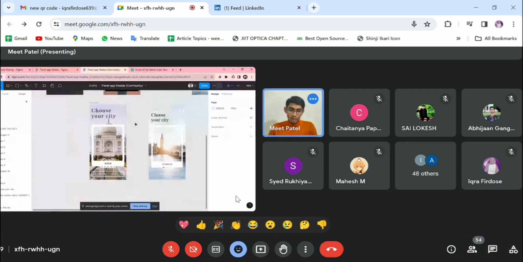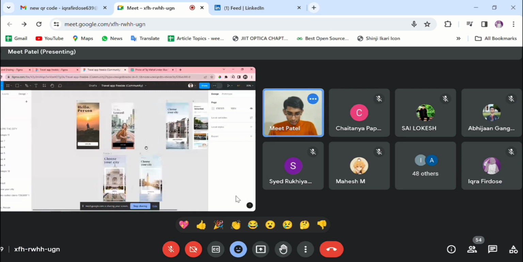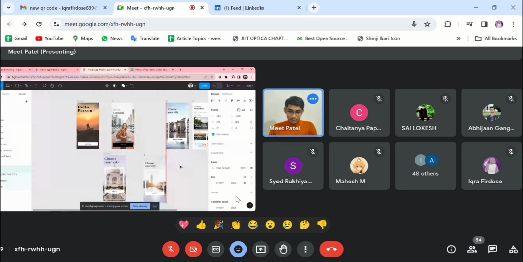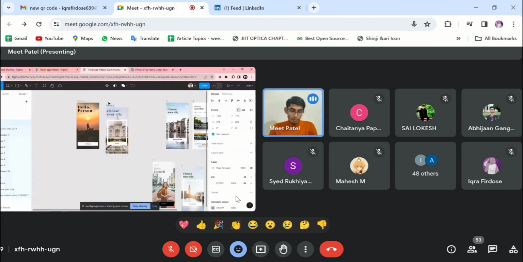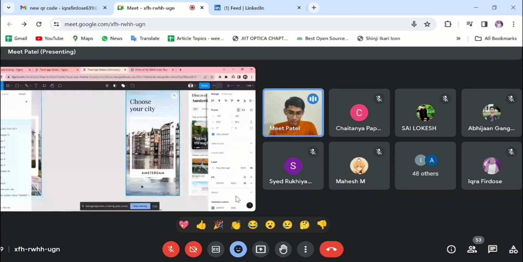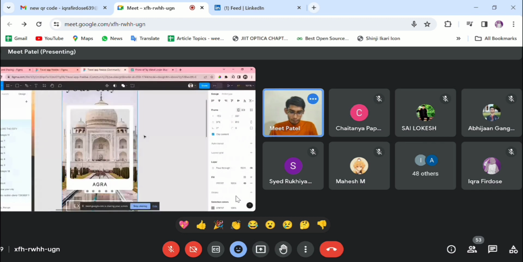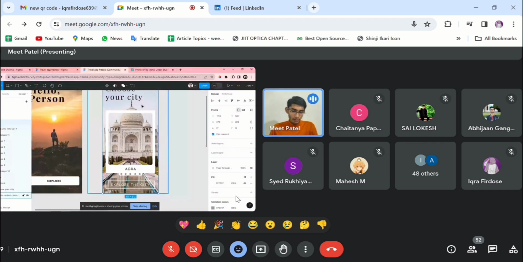Okay. So now we are done with designing, and we have created two designs which are not exactly the same but kind of similar to these designs. Also, we can add this blurred effect. I will show you how we can do that. So to add the blurred effect, I will simply copy this image,